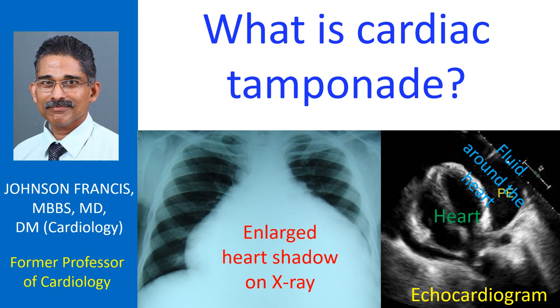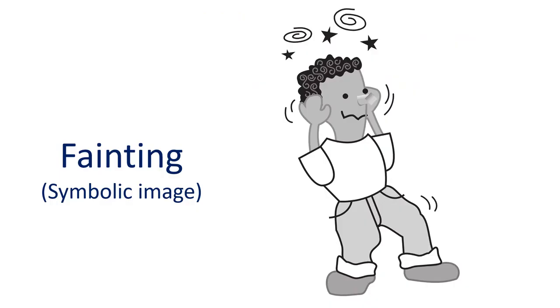When fluid collects under tension in the pericardial cavity, usually the right-sided chambers collapse and prevent proper filling of the heart. When the heart is unable to fill properly, when it relaxes after a contraction, the amount of blood which can be pumped out in the next contraction also comes down. If it is severe, blood pressure falls and the person may faint. Breathlessness is often associated. Cardiac tamponade is a potentially life-threatening condition unless relieved promptly by removing the fluid collection.